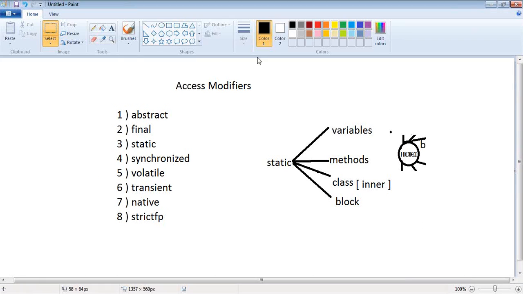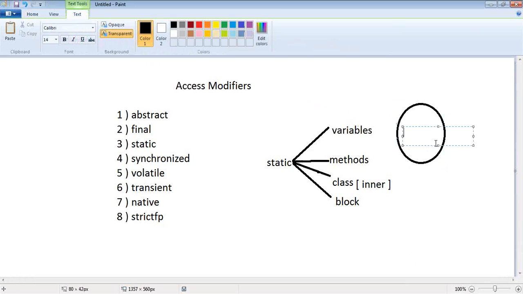No object is required to be created here. Right? So no object is required to access what? That B name. When the class loaded, this B name is already loaded into the memory. So to access this, technically speaking, no object is required. I said what? There is a common copy for all the objects, and to access this common copy, no object is required,